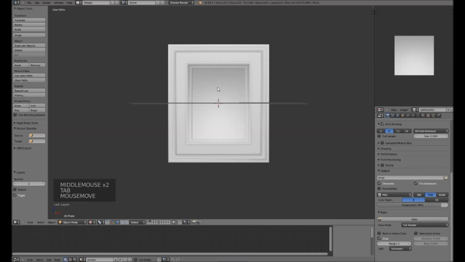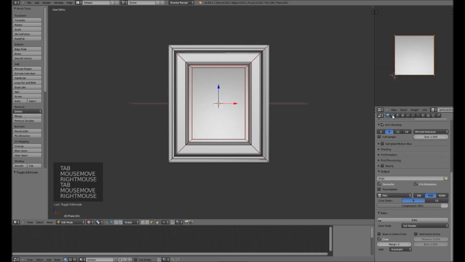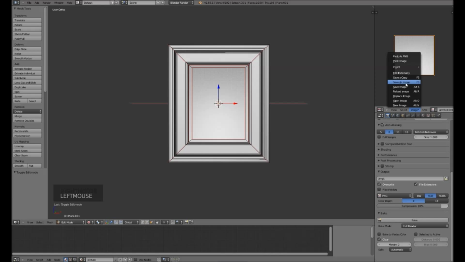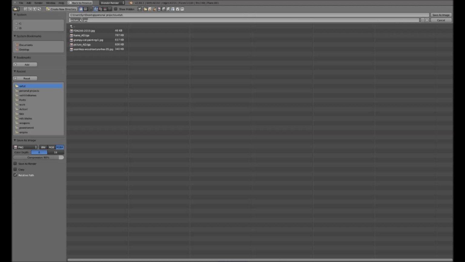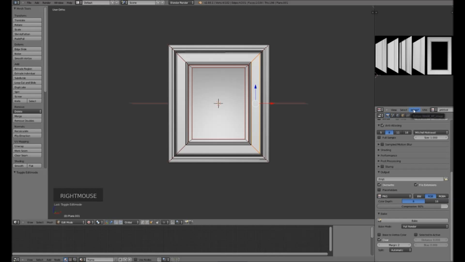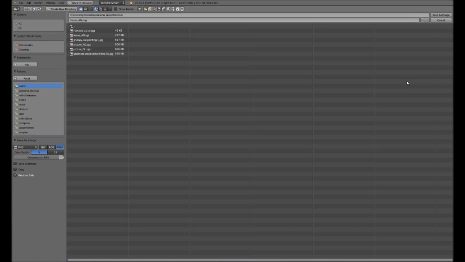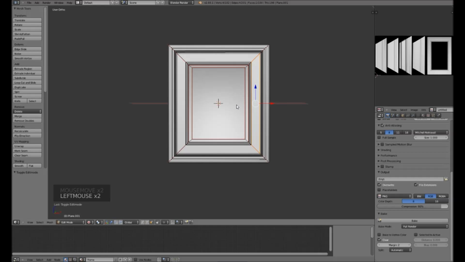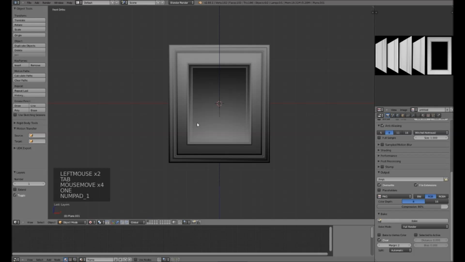So select here, image, save as image, picture. I'm going to put on here DL for direct light, Targa format, and I'm going to take my frame, image, save as image, frame, DL in Targa format, and then on my first one, the one with the camera on here, I'm going to select